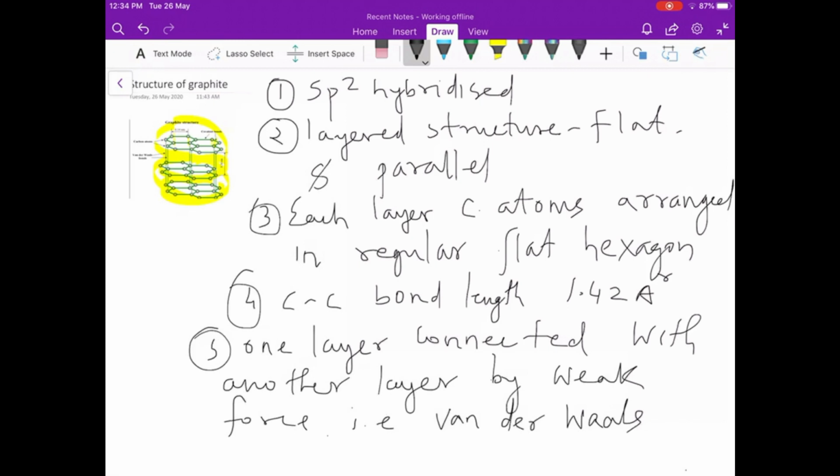This completes your syllabus, the first chapter, solid state. Since we are finished with the first chapter, I have taken this mode of teaching. Maybe in the second chapter I'll use some other mode of teaching. Till that time, I may put these notes, especially the structure of these 4 crystals, which you need,